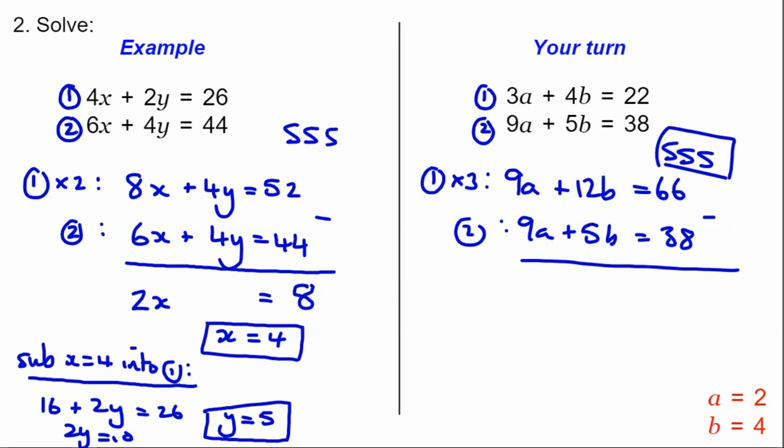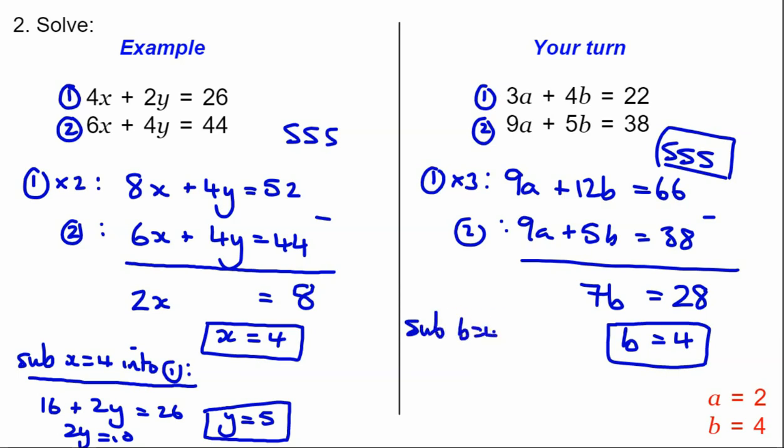This would cancel to be 0. We'd have 7b. And 66 take away 38 would be, well, take away 30 would be 36, take away another 8 would be 28. So then b equals to 4. Put a little box around that, that's one of our answers. And then I'm going to sub b equals to 4